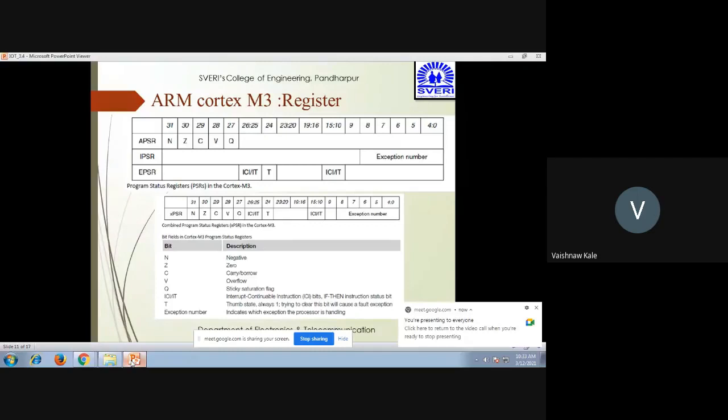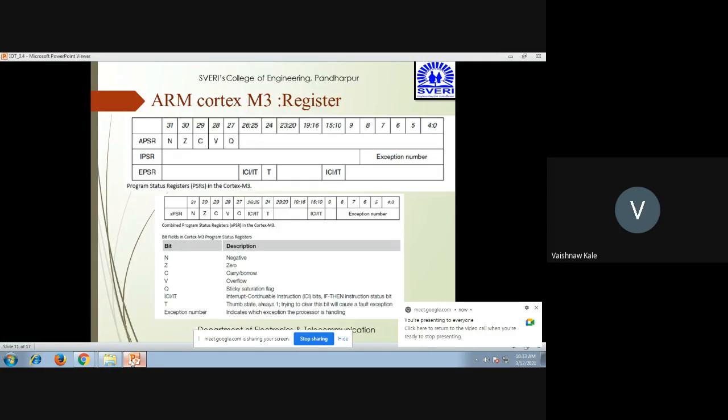EPSR uses bits 25 to 26, then 24, and 10 to 15. So in this way, the range is given.